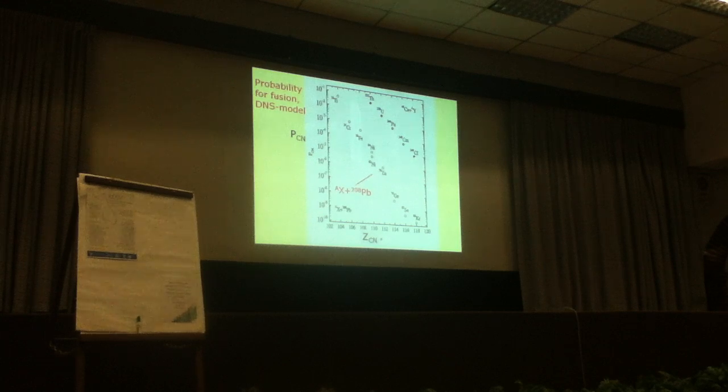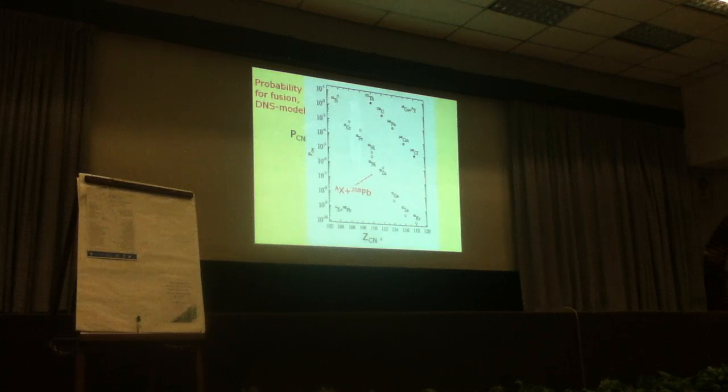We have calculated with this dinuclear system concept fusion cross-sections, and here I've shown you probabilities for a reaction with a lead target. These are cold fusion probabilities. They go from 10 to the minus 1 to 10 to the minus 10, if you go from 102 to 120. And here above, with some larger probabilities, is this hot fusion, where you have calcium